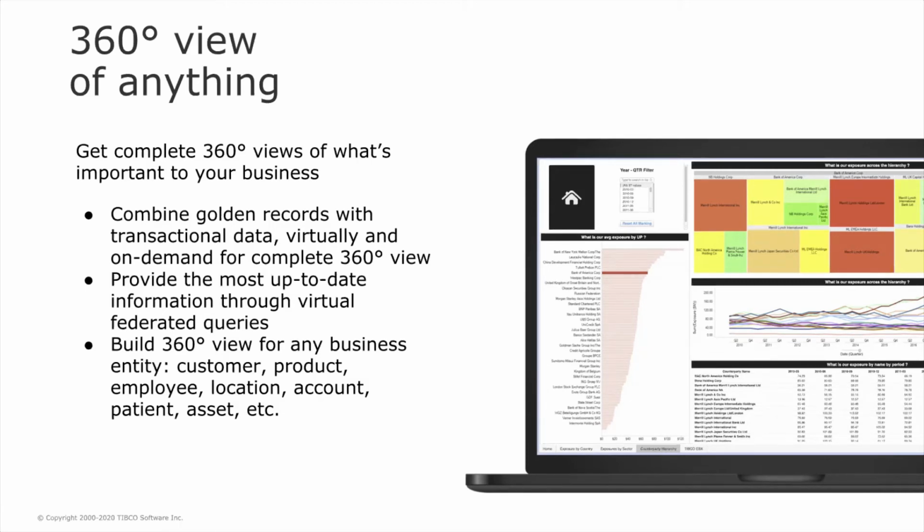Maybe legal entities that you're having to do business with as a B2B type firm, or if you're selling directly to businesses like TIBCO is, that might be much more important. Whereas if you're much more of a retailer selling to individuals, you might be more interested in those individual parties that are consuming your products. So the big picture is taking those golden records, taking that master data, that up-to-date master data around all those key business entities and blending it with transactional information in a virtual way so you can see that picture and then providing this particular endpoint to any consumer.